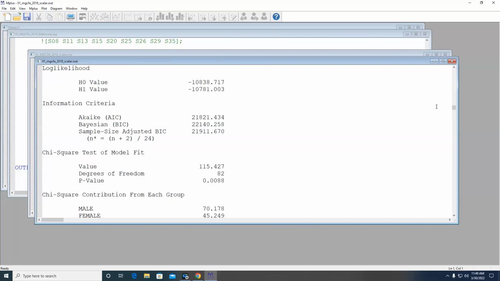So if I wanted to get a sense of that, I could compare the intercepts, but I can't compare the intercepts from the scalar model because they're constrained to be equal. So I'm not going to see anything there. I'd want to go back to the metric model and look at the intercepts from the metric model and say, do any of the intercepts from the metric model look really different from each other? So let's do that actually. Let's take a look. Going back to the metric model and looking at our intercepts,